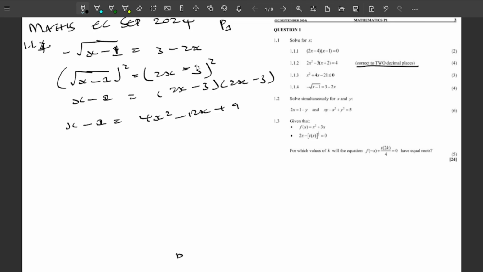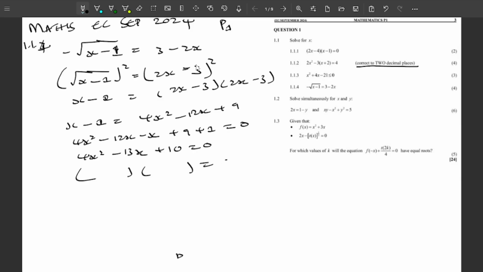Right, then from there on we're going to take the like terms to the other side, meaning that we're going to subtract both sides by x minus 1. Then you should be left with 4x squared minus 12x minus x plus 9 then plus 1, right, which is equals to 0. And from here on we should be having 4x squared minus 13x plus 10, which is equals to what? 0. Now there's no common factor here, so you're just going to have to factorize it straightforward,